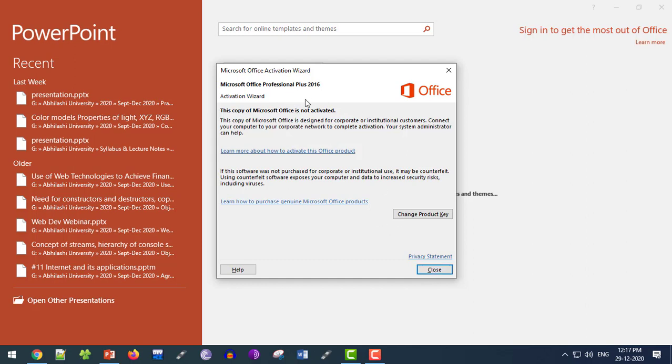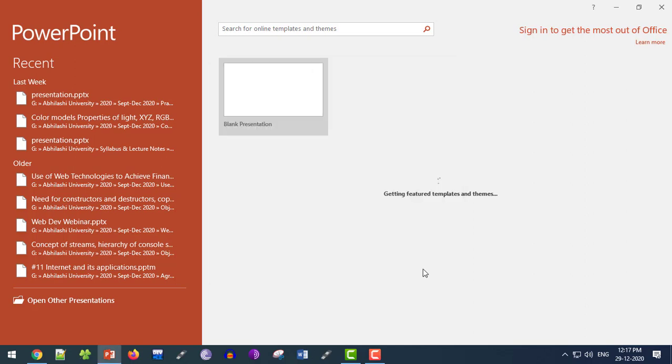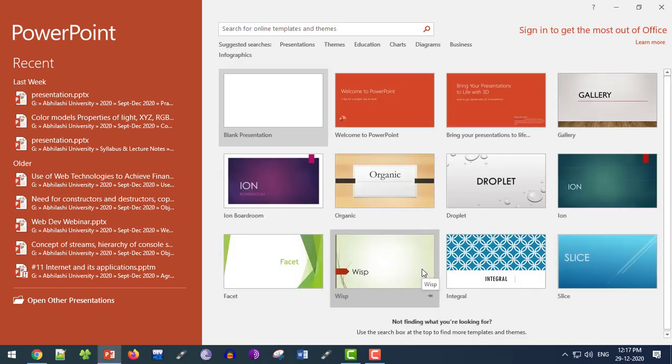I hit the open button, and this is PowerPoint 2019 or 2016. Right now the PowerPoint I am using is 2016. One thing I want to tell you is that this software needs to be purchased before you can use it. I have the setup and the license key purchased, so I can access PowerPoint on my computer. So this is the initial interface of Microsoft PowerPoint 2016, and the first thing I need to do is create a blank presentation. So I just hit the blank presentation,